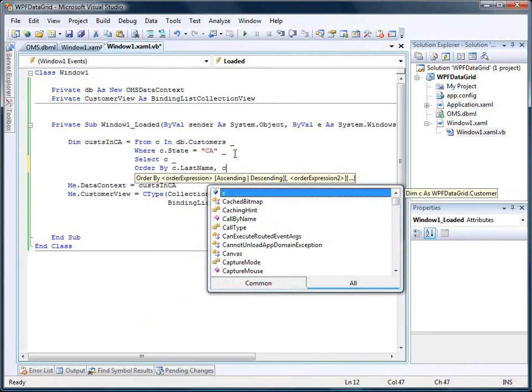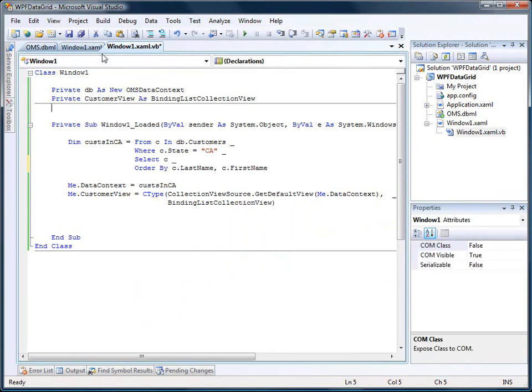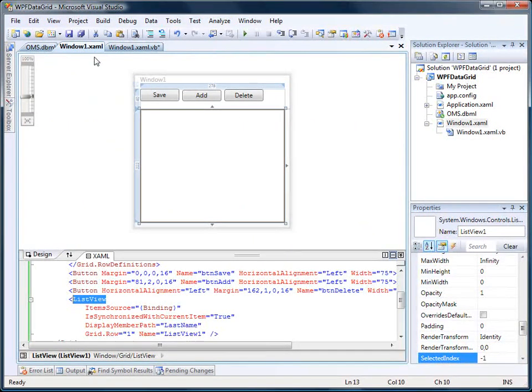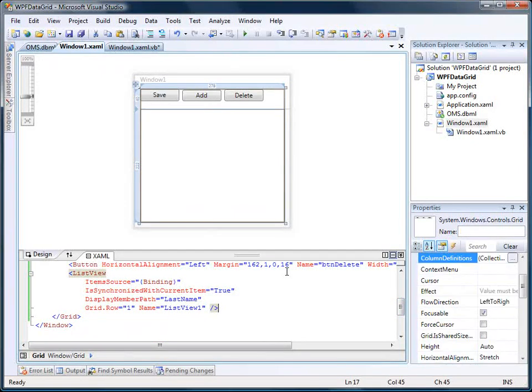We can actually do it c.firstname. Okay. All right, but what we really want to do is not just display a read-only list. What we really want this to be like is more like a real grid. So what we need to do is add a grid view to this list view's view property. There's a view property of the list view, and in that view property we're going to specify a grid